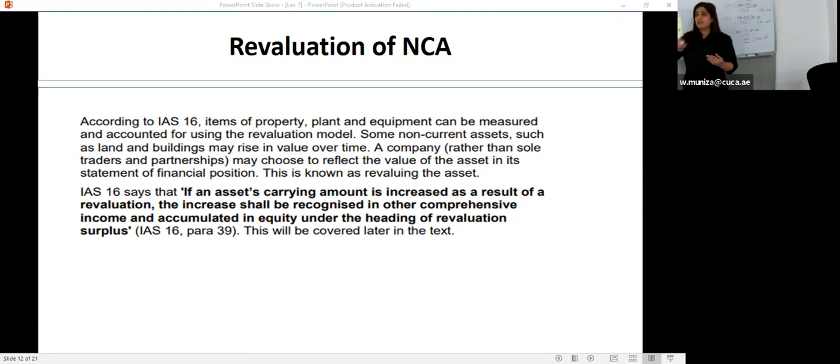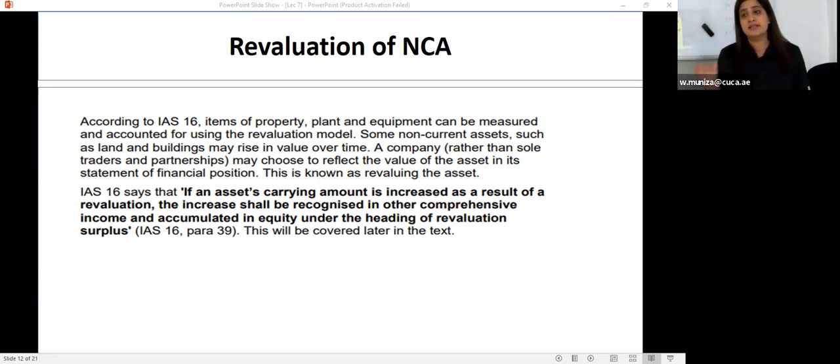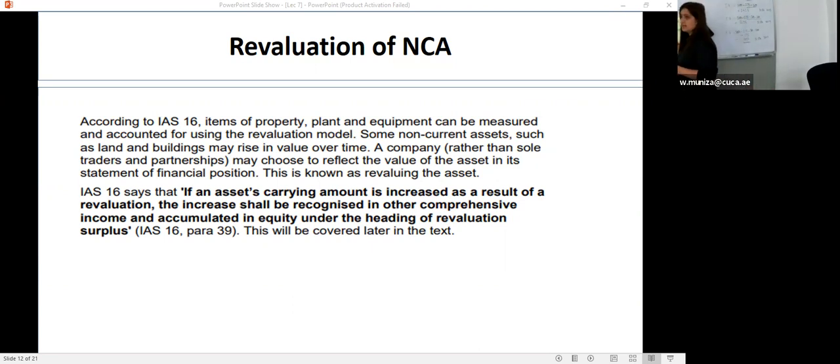Subsequent measurement in the further years in which the asset has been purchased. Say, for example, in year 1, the asset has been purchased, we are going to record it at its cost. In future years, we can adopt the cost model or the revaluation model. When we are adopting the revaluation model, it means that now we have to compare the market value of the assets with its book value, because we are going to record the asset at its revalued price if it is higher